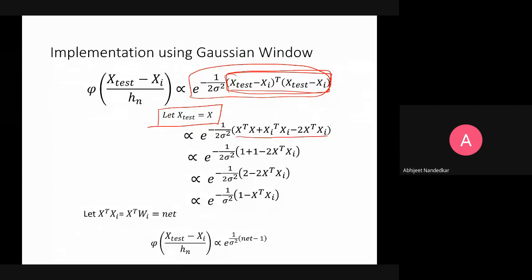So this is actually, I should write x minus xi transpose multiplied by x minus xi. So I'm just expanding here. So it will be x transpose x plus xi transpose xi minus twice x transpose xi. Now next thing is I